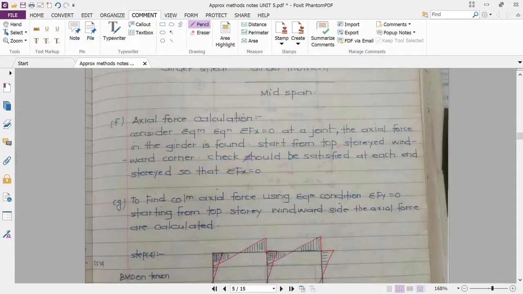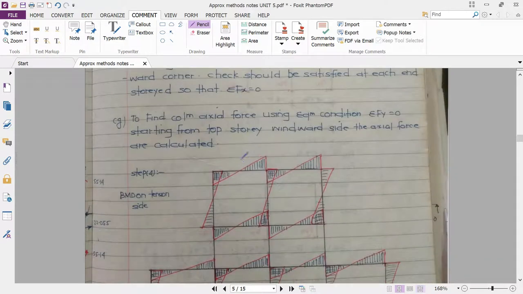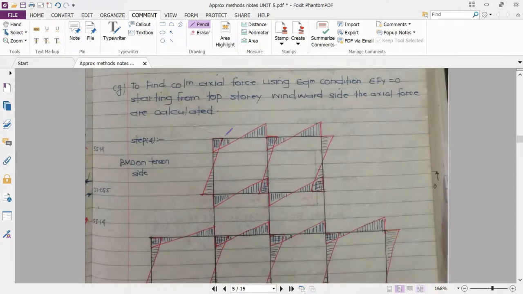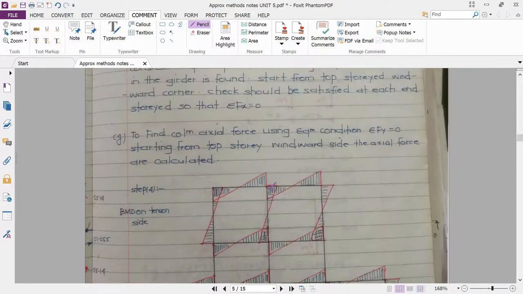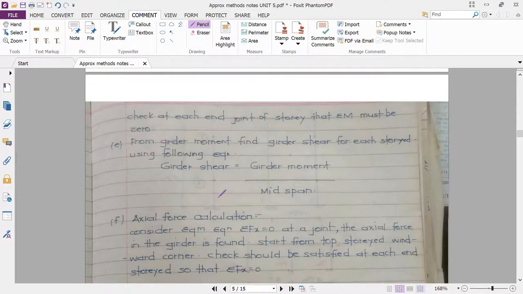Now next is the final bending moment diagram. So how can this bending moment be plotted? It is also a very easy process. First of all I am talking about the bending moment in the beam portion. This is a beam, girder or beam. Why is this portion of the particular beam diagram going in the upward direction here and in the downward direction there? It is based on the tail and head concept.